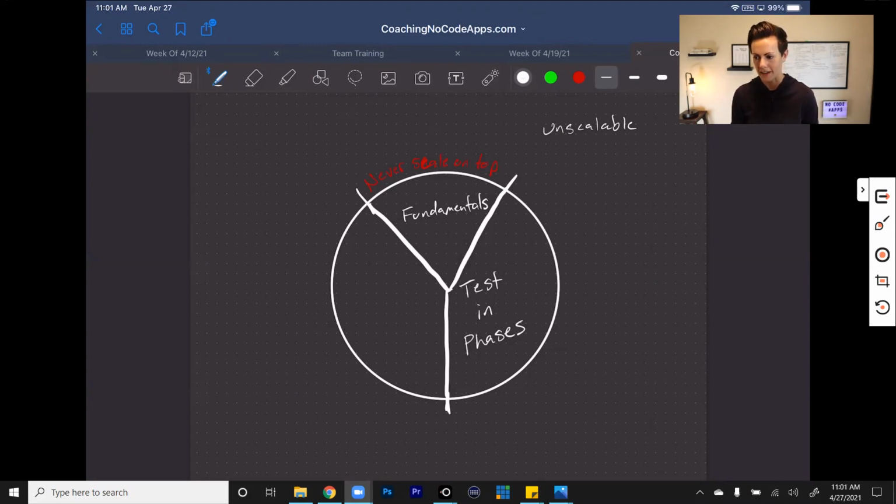Okay, so testing in phases. This is the next thing that I want to talk about, right? The way we guide our clients through their apps development, their testing, their launches, is by doing this in phases, right? Generally, when someone steps into the app space, in their minds, they're thinking of launching a full scope application to lots of users. The app is perfect, it's pristine, it's beautiful, and as soon as they're on the market, things just skyrocket for them. Okay, that's the dream. The reality doesn't usually look like that.